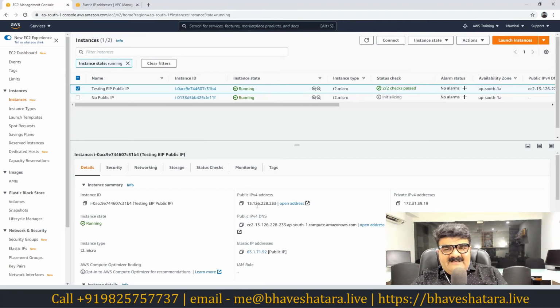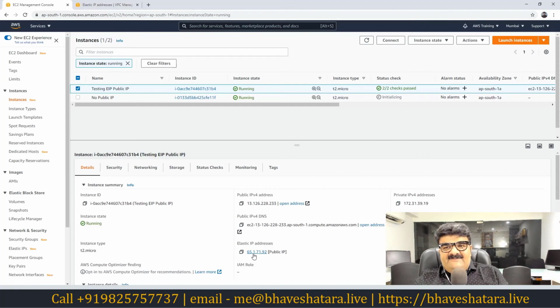So you have a public IP, which is variable. When you power off, it will remove the IP, but you have one constant IP, which is the elastic IP, and it will be there, connected with your network interface. Now keep in mind that you can connect your elastic IP with an instance directly. It is not compulsory to have a network interface. You can connect your elastic IP directly with your EC2 instance as well.